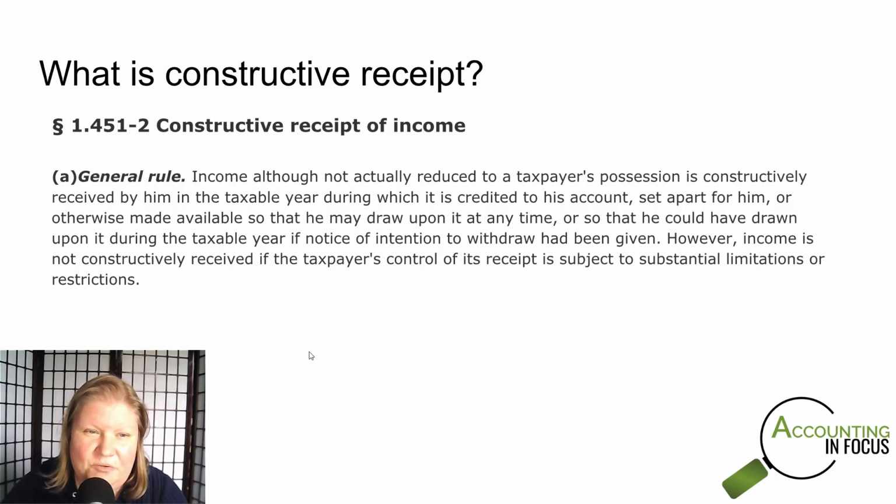Hey guys, I want to do a quick video because I'm getting questions about this, not only from students, but also from business owners. When do I consider something income for tax purposes? Now, with the new tax law, there are a lot more taxpayers that are considered cash basis taxpayers. So, under the new tax law in the US, if your annual gross receipts are less than $25 million, then you can be a cash basis taxpayer.